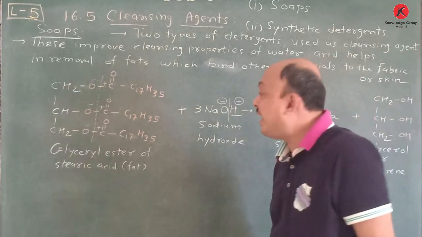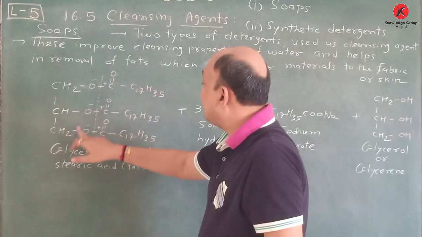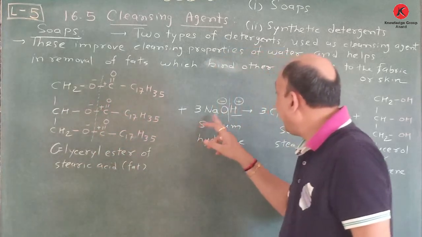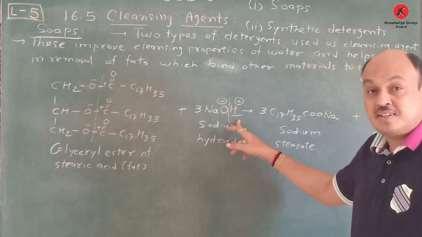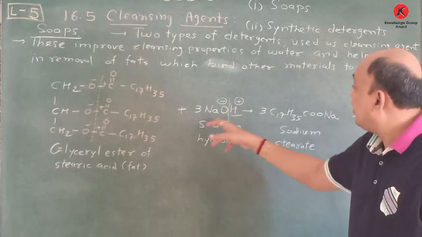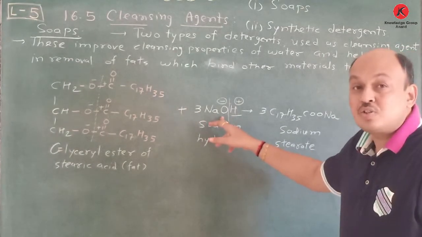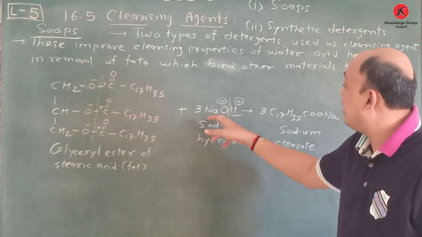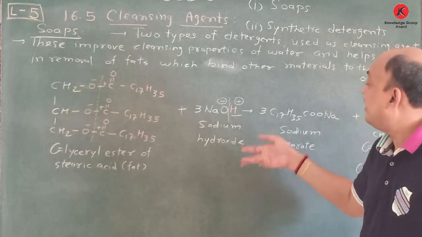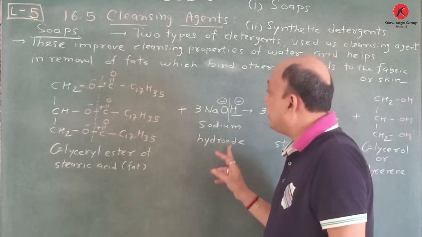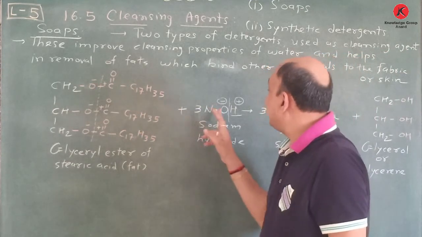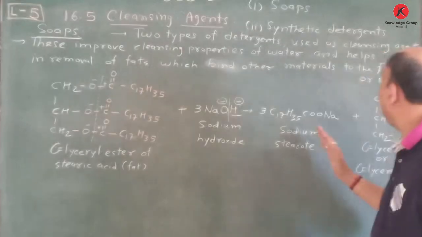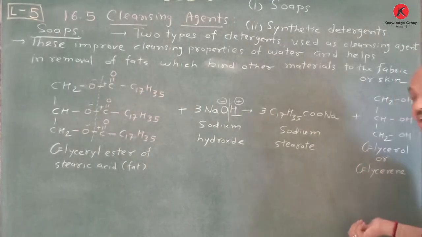Once again I explain, this CH2O minus, O minus and O minus and C double O plus plus plus. So here NaO minus and H plus. Here is sodium oxide, so oxo sodium, and here H plus is there. So here sodium hydroxide's O negative is attached with H plus and they unite completely. So there is no cramming required.